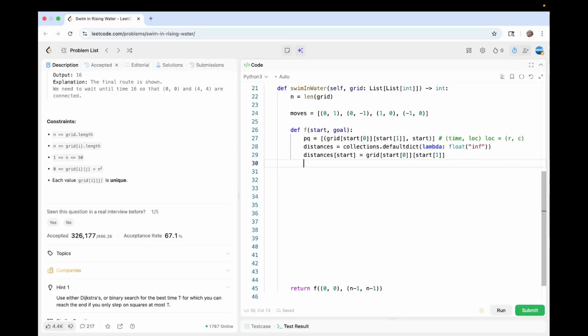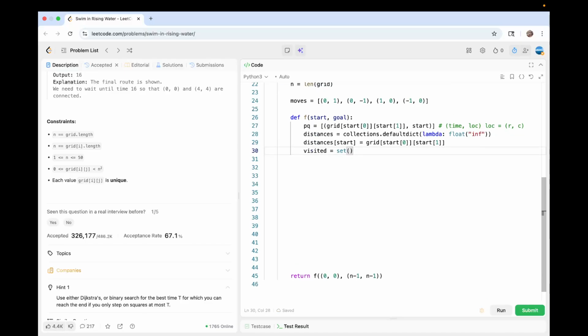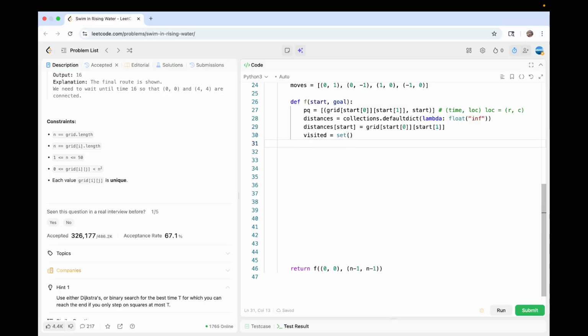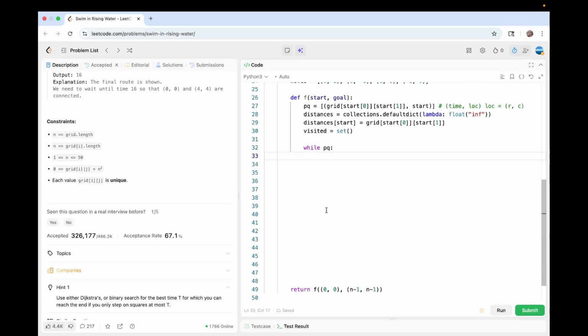This is the one. And also, we are going to use specifically a set to monitor the cells visited to avoid repetition. And actually, you can use this distance also playing the role of this set, but let's do it in this way here. Then we are going to do the standard while loop if the priority queue is not empty. So we can first get the current distance